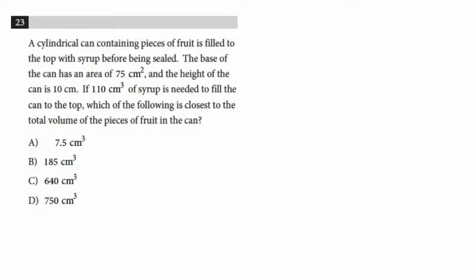Okay, so the syrup is going to be the difference between the fruit and the total volume of the can. So if we find the volume of the can and we find the volume of the fruit, if we find the volume of the can and subtract the volume of the syrup, that'll tell us the volume of the fruit. So the volume of the can is going to be